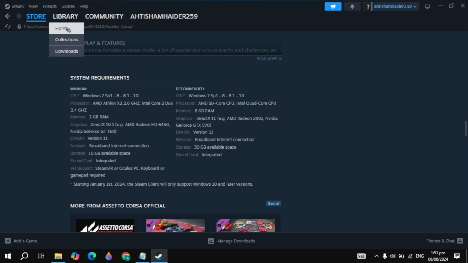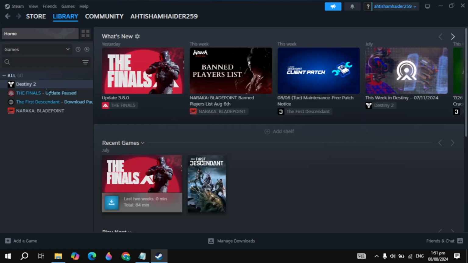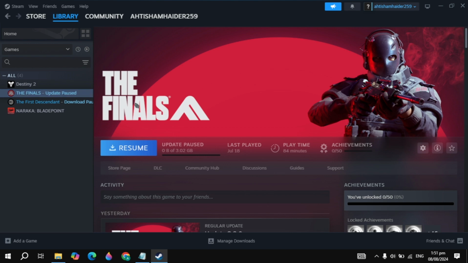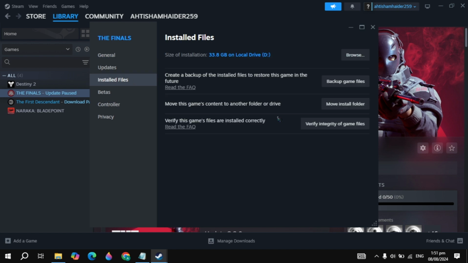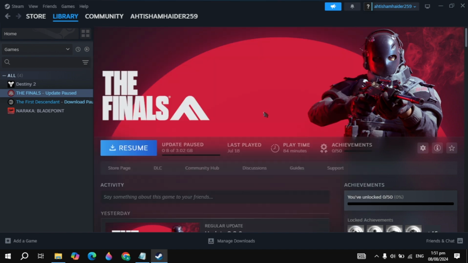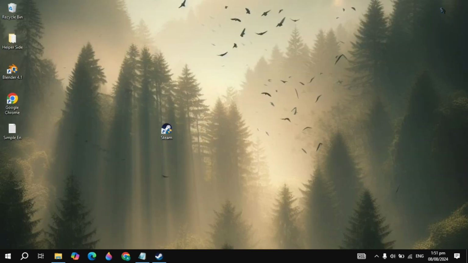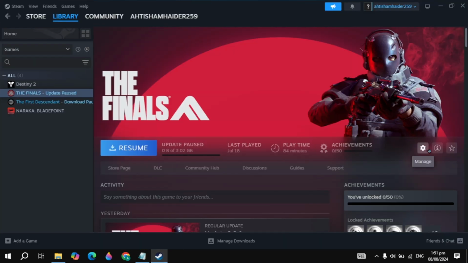And guys, if your problem is not fixed, then open up your Steam, go to your Steam library, click on the Assetto Corsa game, then click on a gear icon, go to its properties, and I'm just showing the example of this game. Then go to the install files, click on the verify integrity of game files. Once you click on that, now this built-in function will start repairing any corrupted files or missing files in your game, and it can fix them automatically. Then you just need to restart your PC,